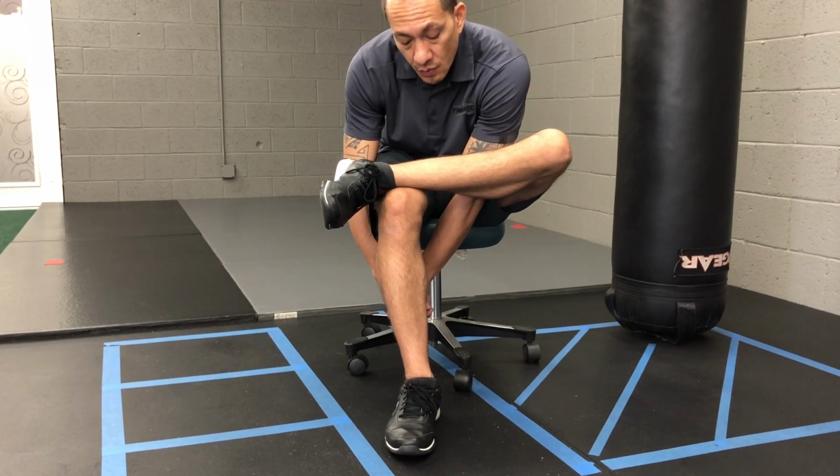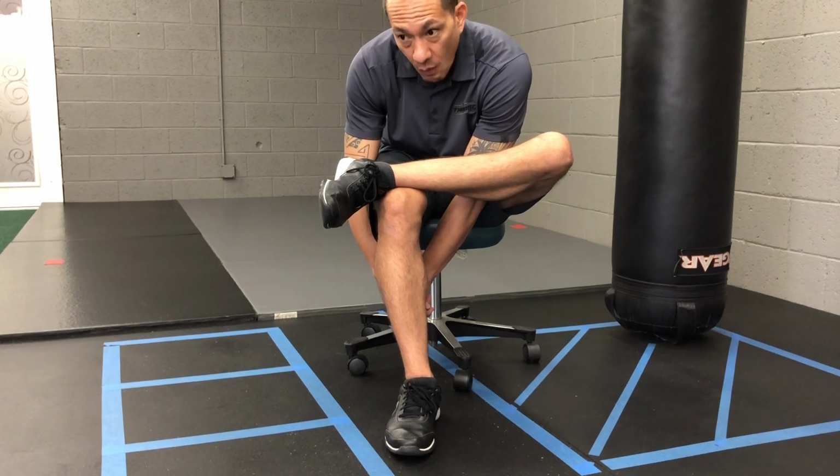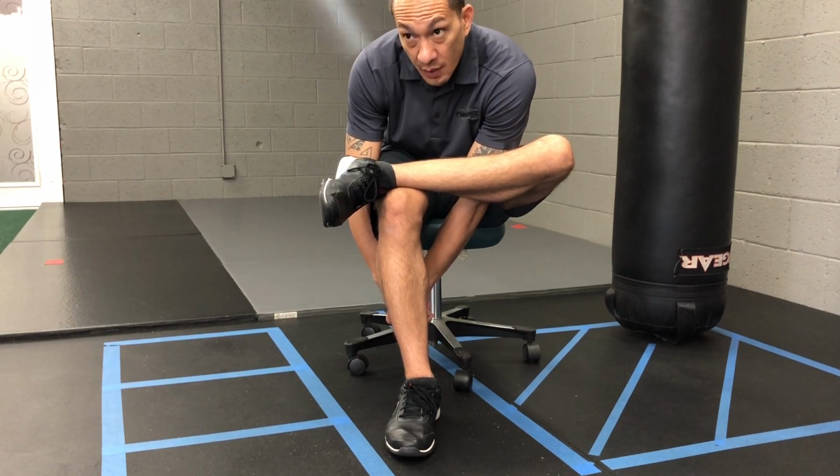So I'm going to wait at this new barrier for about 10 seconds. And then I'm going to, again, push the left knee down towards the floor for 5 seconds. Then I'm going to relax for about 1 second and then lean just a little bit further forward till I find that next barrier. Again, we want to repeat this process about 4 to 5